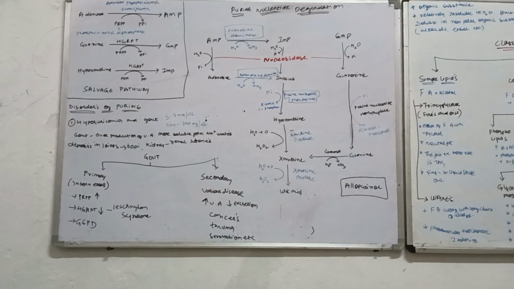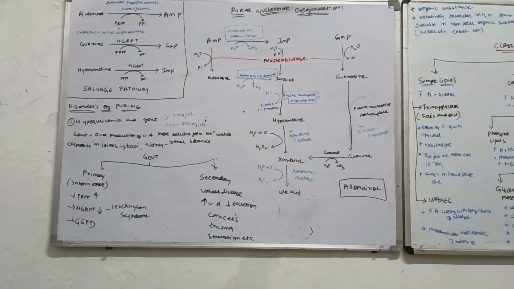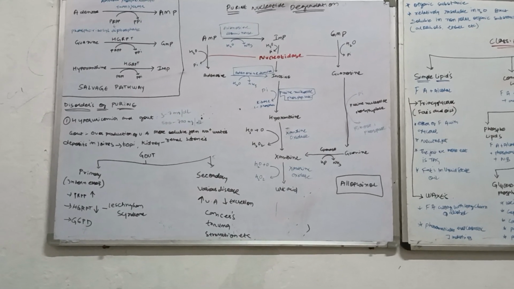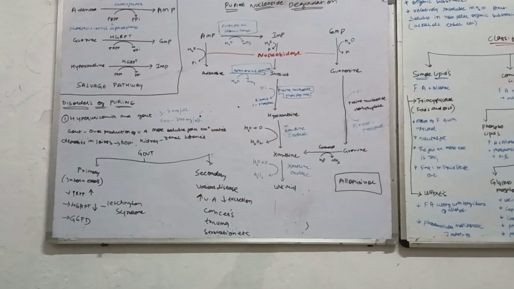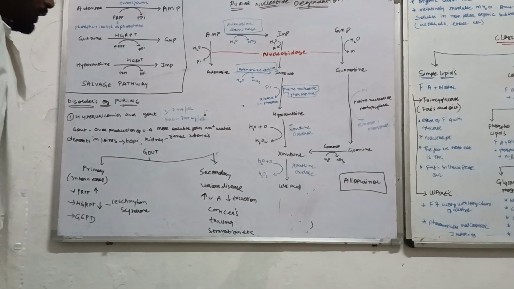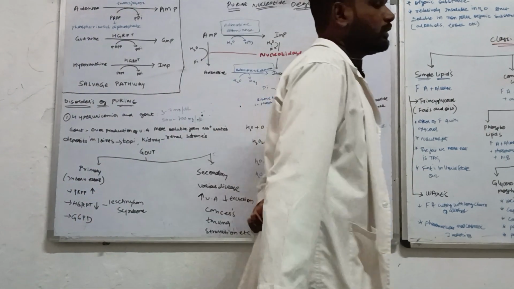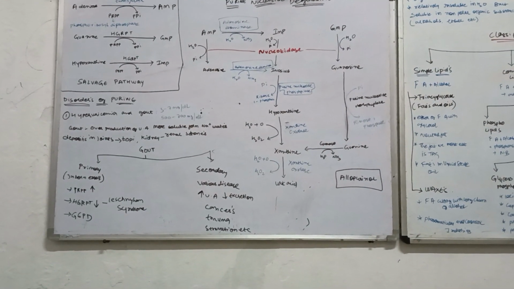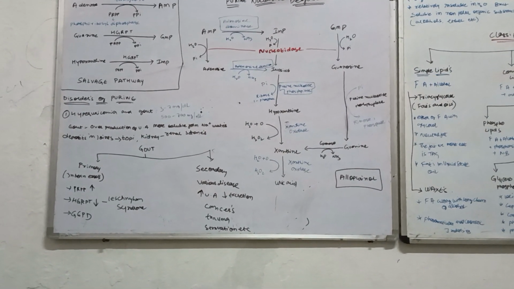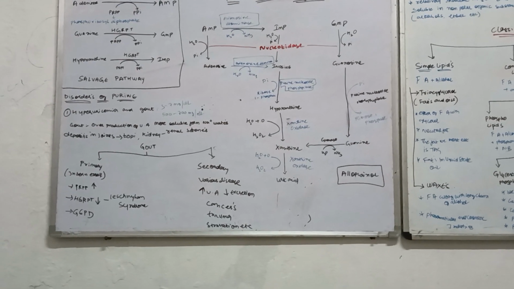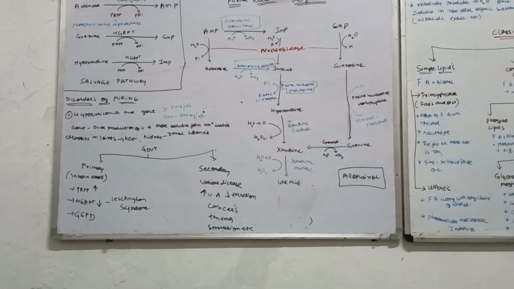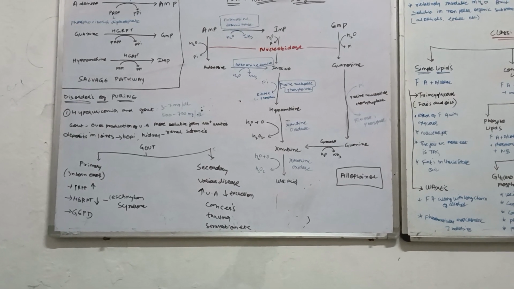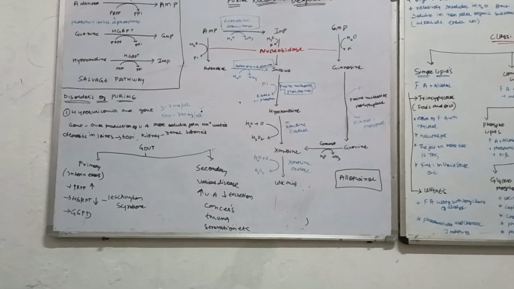Purine nucleotide degradation. These are all metabolic activities which happen inside your body. Any kind of metabolic activity is responsible for producing energy inside your body, and that metabolic activity also leads to the formation of end products in the form of urea and creatinine. An end product will be called a waste product. It needs to get eliminated from your body.